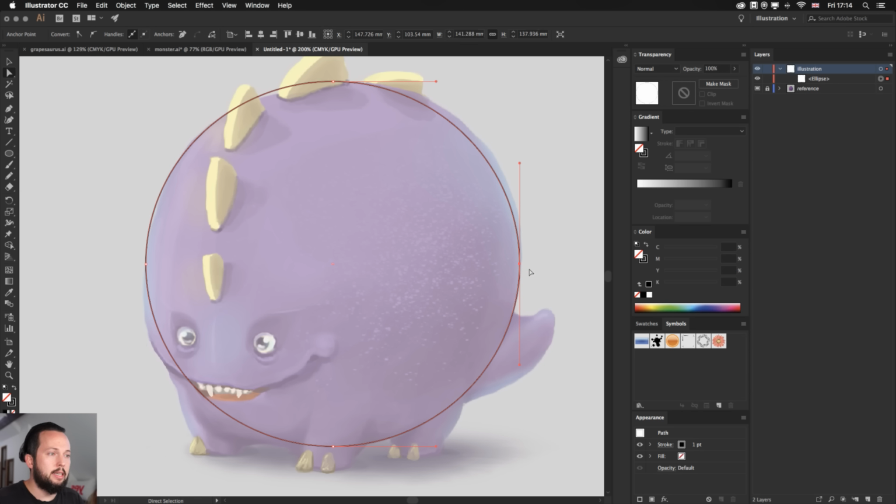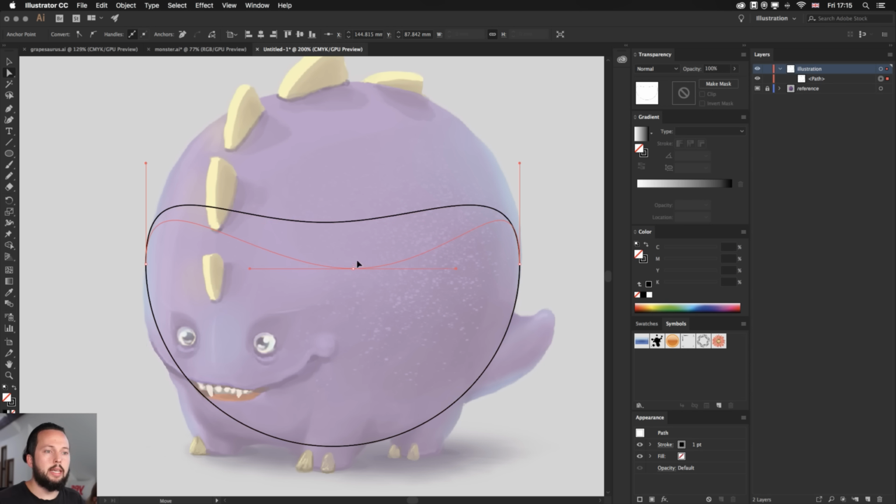And once I can see the shape, I can select the anchor points. So an ellipse is always created from 4 anchor points. And what you can do is to use the direct selection tool, the white arrow tool, and select a point. If you see all points being red or being the same color, that means they are all selected. It's best to click away and then click again on one point to make sure that you don't have all of them selected. But once you select a point, you can individually move it around. So I'm just showing it to you that this point can be squeezed around and move wherever I want it.